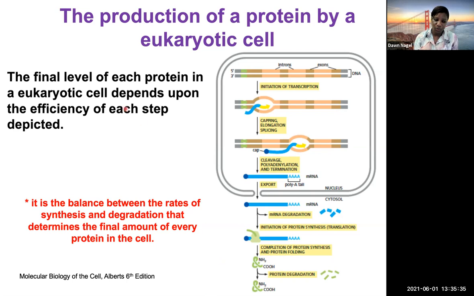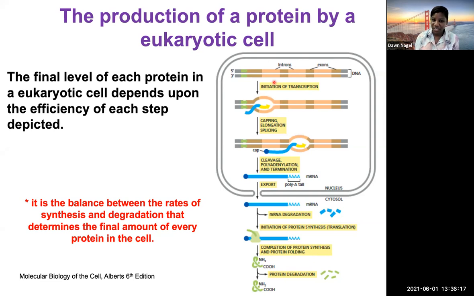So the final level, like the amount of protein that gets produced in a cell, really depends upon the efficiency of each step, right? You can see that if you mess up transcription initiation, and this was the step where we talked about how you can use nuclear run-on assays to look at transcription initiation and the efficiency of transcription, right? And if you mess up the initiation of transcription, you will have less transcripts and as a result, less protein,